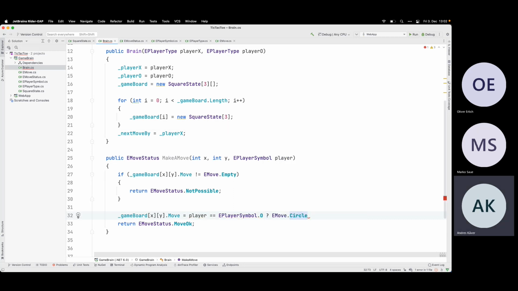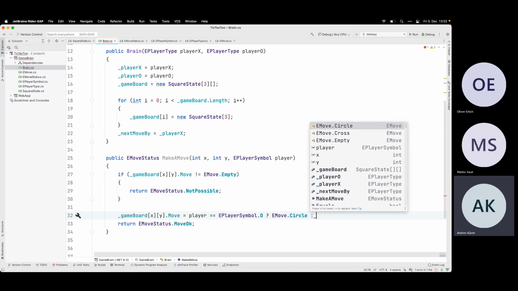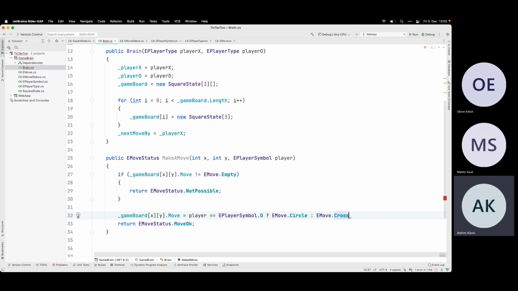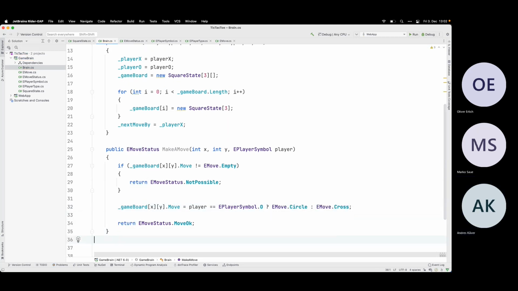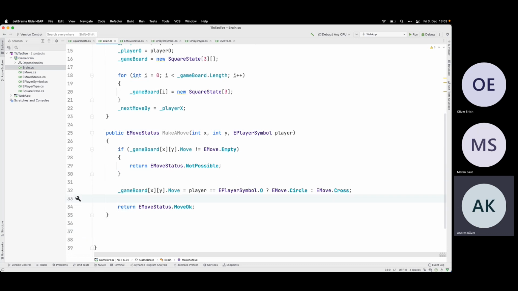So then it's a circle, and in the other case, it's EMove cross. And now I need to check, is the game over? If I want to make the calculations for it a little bit easier, I can probably do this. I think would be nice.